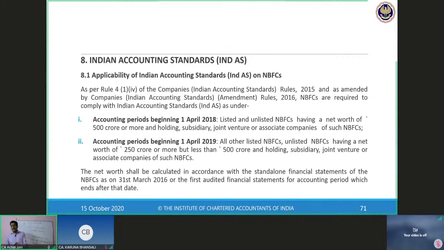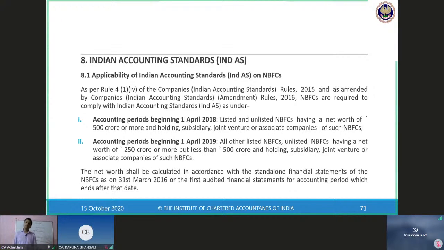In case an NBFC has net worth of 500 crore or more, irrespective of whether it is listed or unlisted,